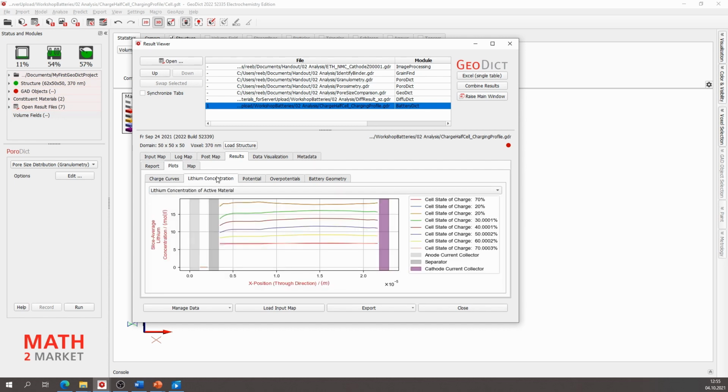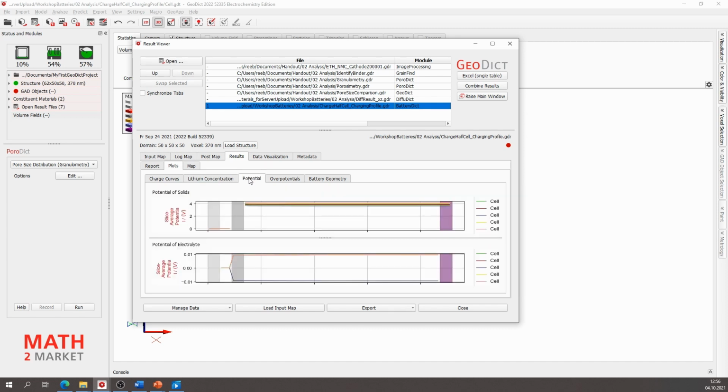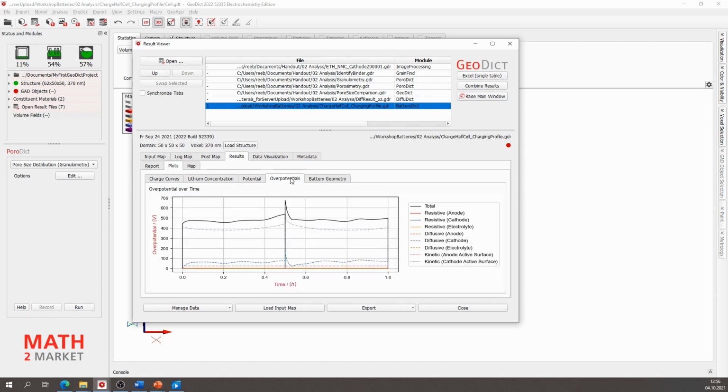When we go to lithium concentration, we can see how the lithium in the electrode is moving, and we can see this at different states of charge. We can see the potential of the solids and of the electrolytes. We can also see the overpotentials, and we can see that there's a peak, for example, and then we can maybe also ask some questions. Why are the curves just like this?